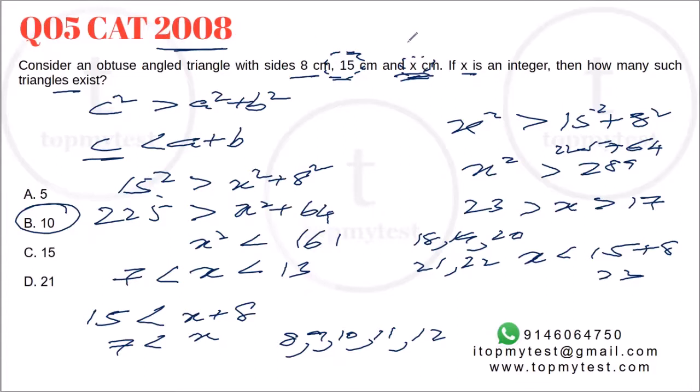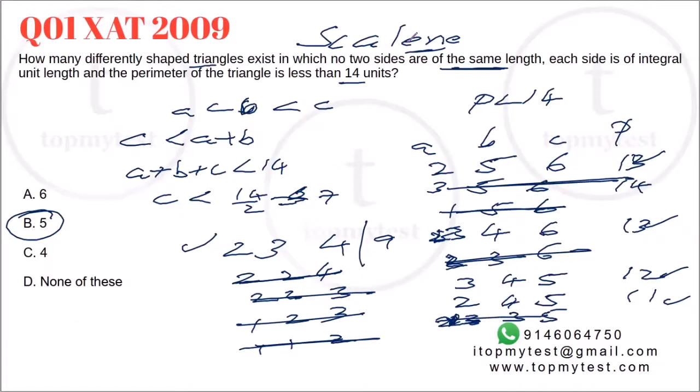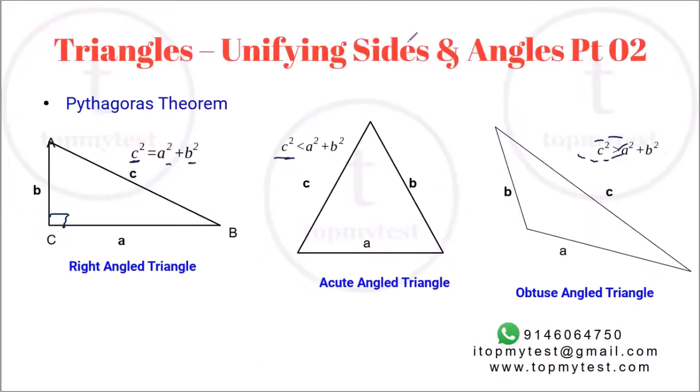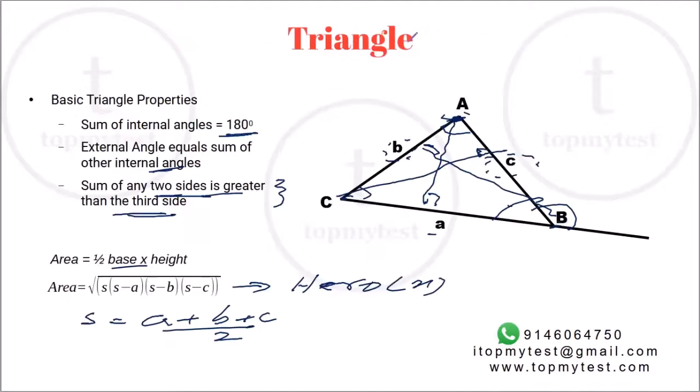So blame this. As we see, most of the questions on triangles, geometry, etc. are concerning the very basic principles of triangles. You just need to know how to use the Pythagoras theorem. If required, use Hero's formula, etc. But geometry does not need to be very difficult. You just need to keep your calm, be a little patient. Don't try to memorize a lot of formulas. Use basic relations. Questions will solve themselves.